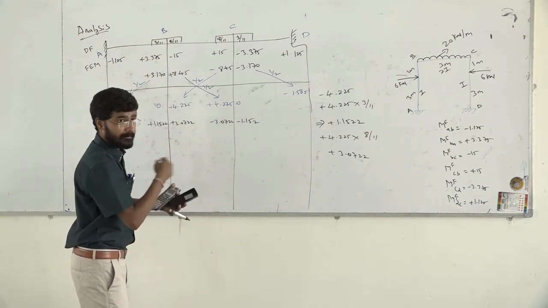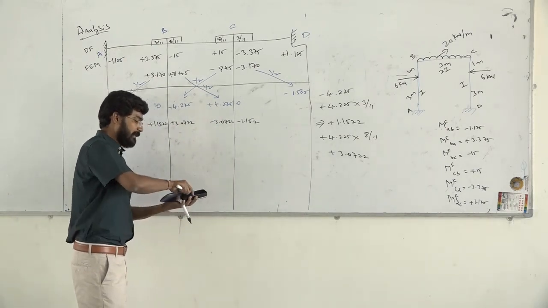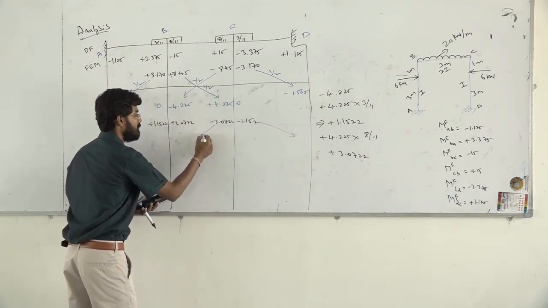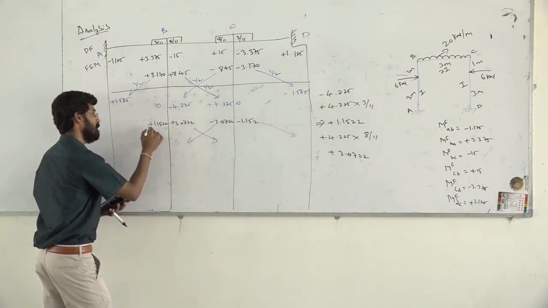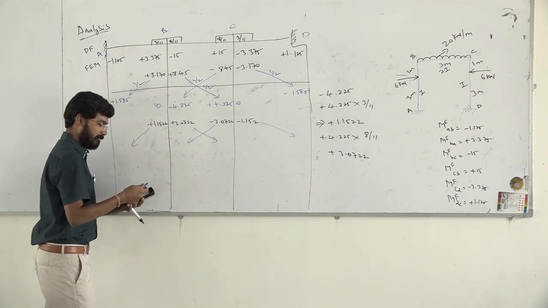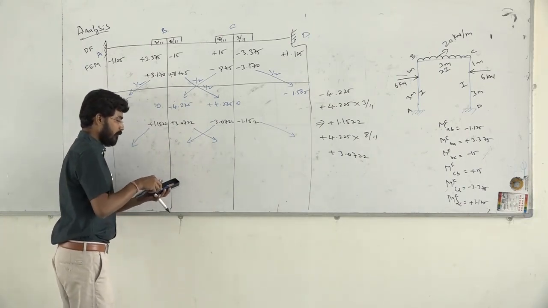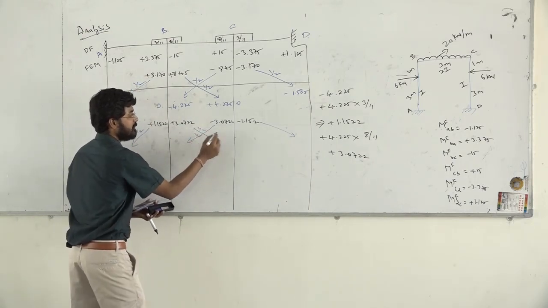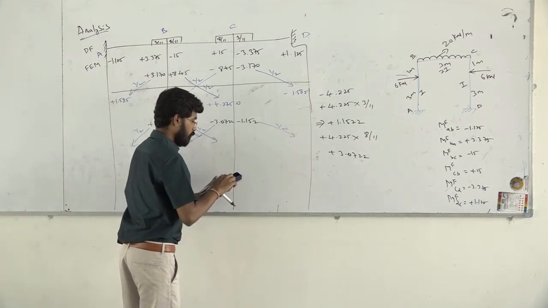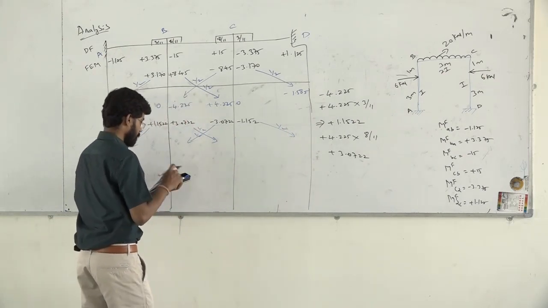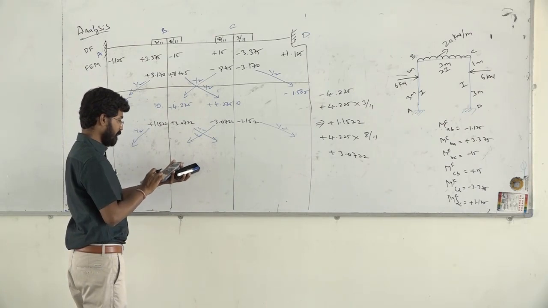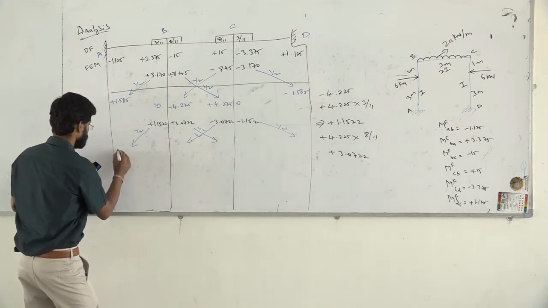Now we have to distribute it. Distributing our moments. Whatever moments we have got, this moment will go here, half of the moment will go here, half of the moment will go here, half of the moment will go here, same half the moment will go here. Now I have written it as half. Half of the moment you have to distribute. Once you have distributed half of the moment, calculate it: 1.1522 divided by 2, you have got an answer as